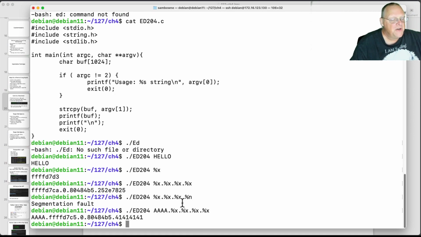All right, so notice, here's the 4 A's I put in, then here's the first word, second word, third word. The fourth word contains the A's I put in. So if we put text 4 bytes here, those 4 bytes appear as the fourth parameter on the stack. So now we can control the value here by putting it here as 4 bytes.